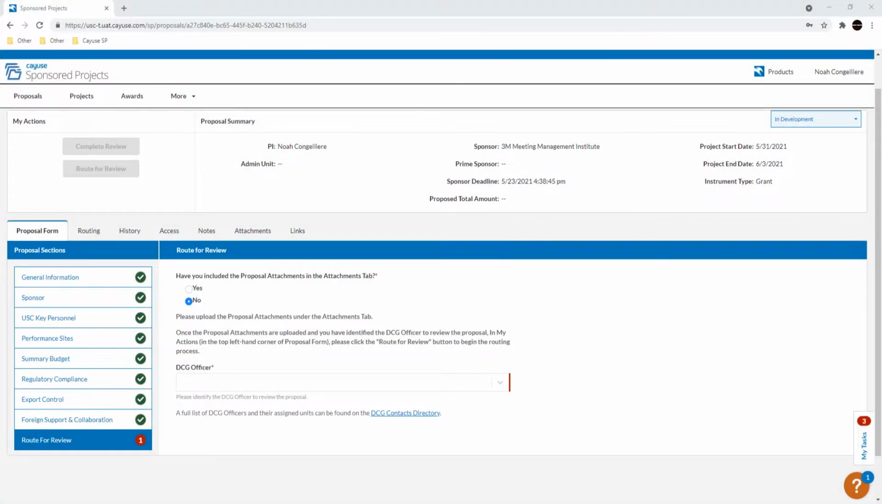The Route for Review section of the proposal record is the last stop before we submit this proposal into routing. And you'll notice that as you're filling out all of these various sections to the left on the proposal record, this Route for Review section is not present. What actually triggers this last section to appear is when you enter that last question on the foreign support and